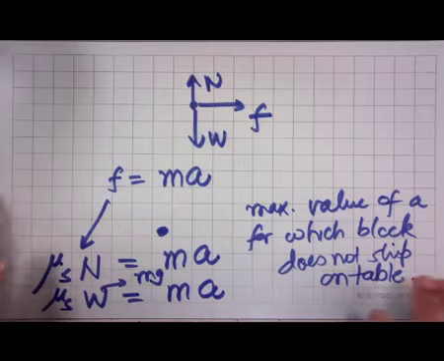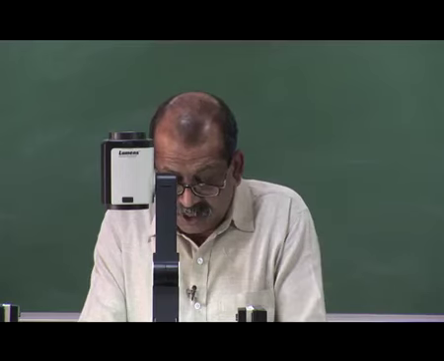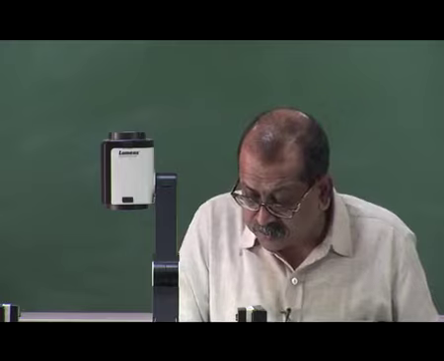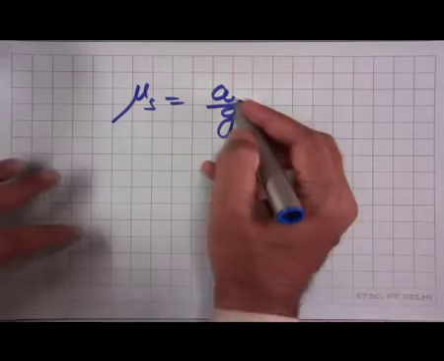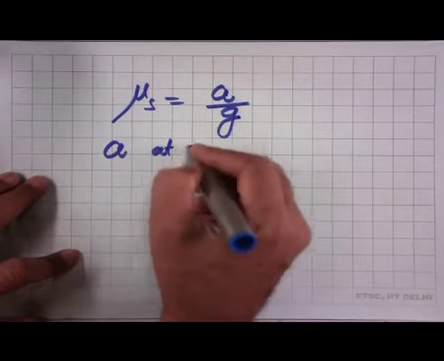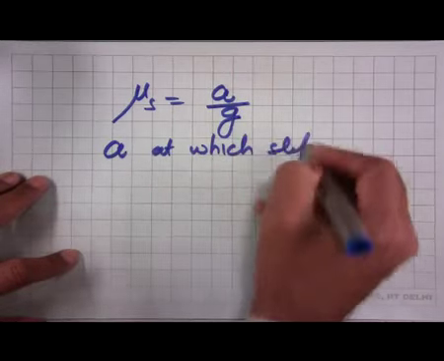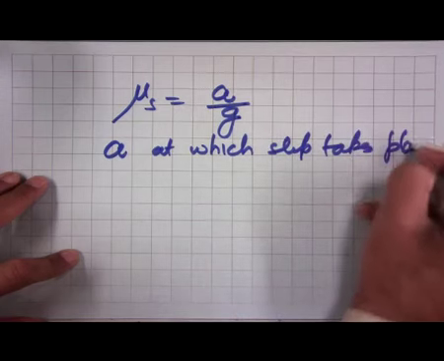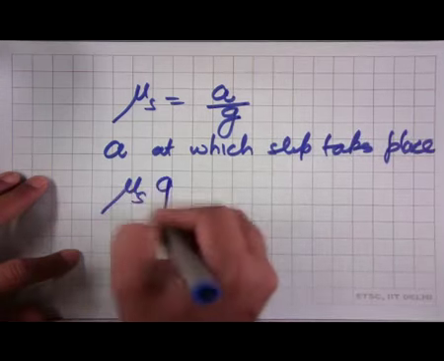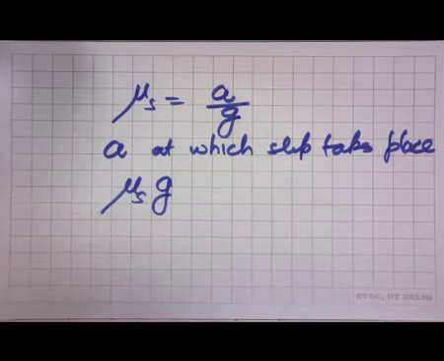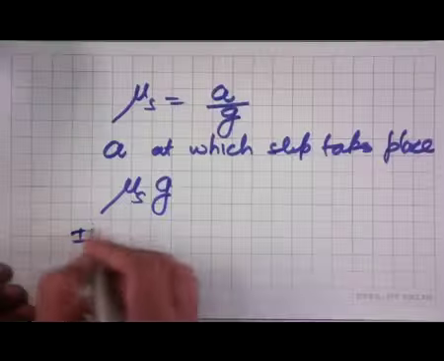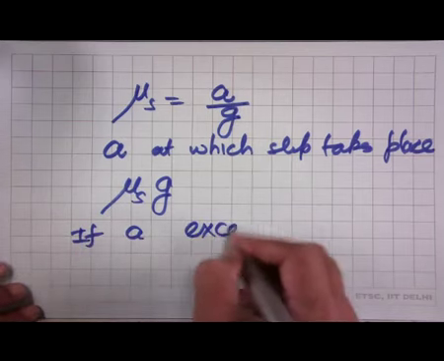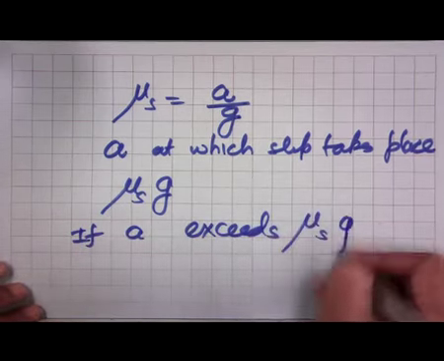So, therefore, if we put this in, we will get the value of mu s is equal to A by g. And so, A at which slip takes place will be equal to mu s times g. And if the acceleration exceeds this value of mu s times g, that means the block will start to slip. So, if acceleration exceeds mu s g,